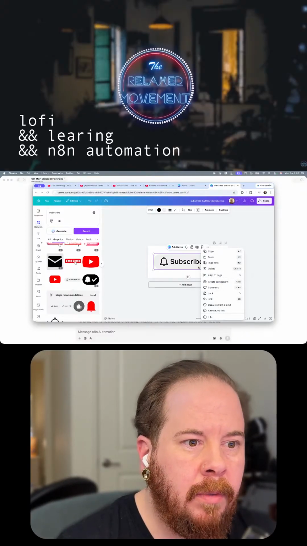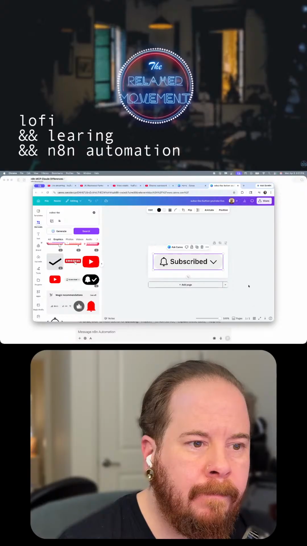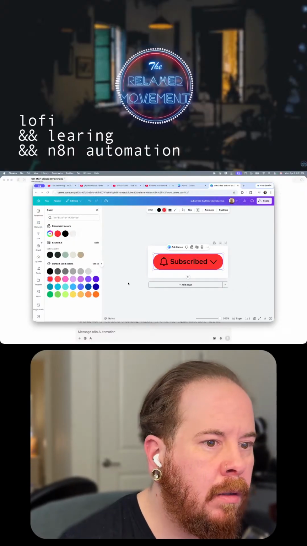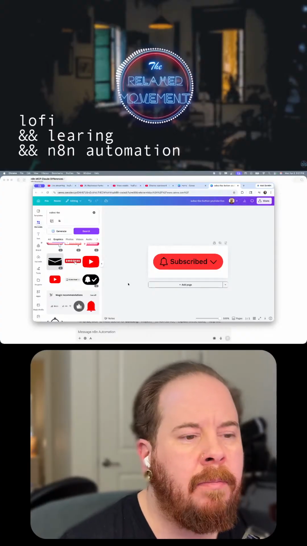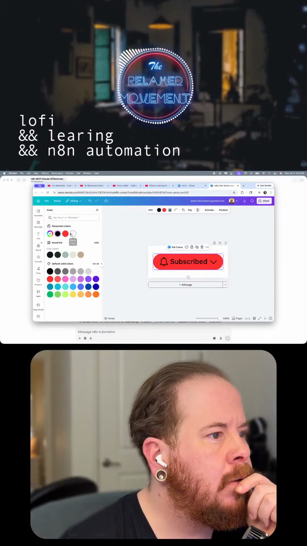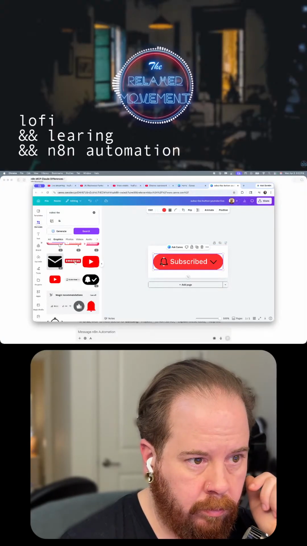This is new, the ability to right click on it and see this. They added that. Now we can just change the color into like a red. That's not bad. I like black and red. Yes.